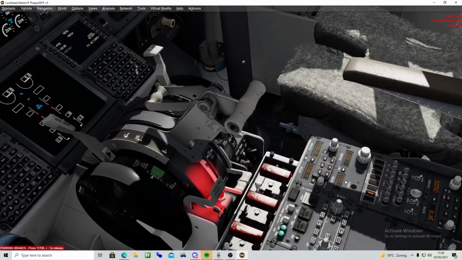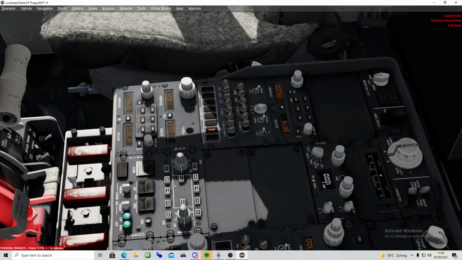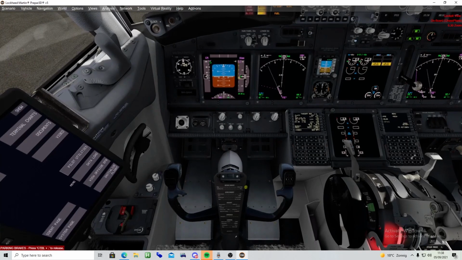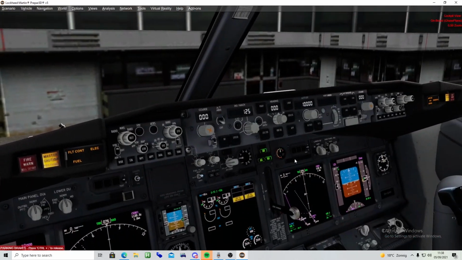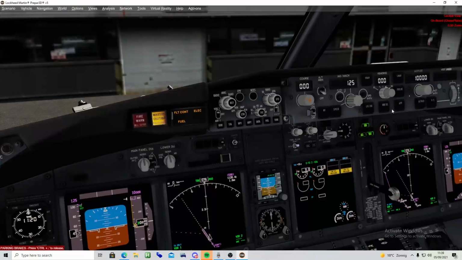We go with 1000 for now. 1000, and let's just turn it on. Let's just immediately set it on. 250 initially. Oh wait, no. 125 with the correct heading of the runway,